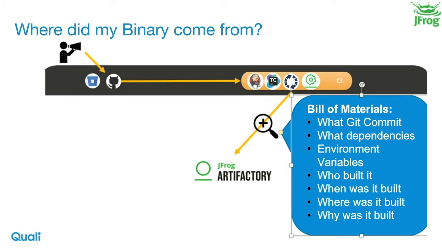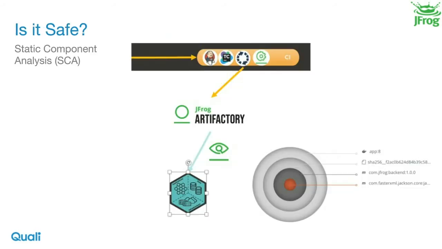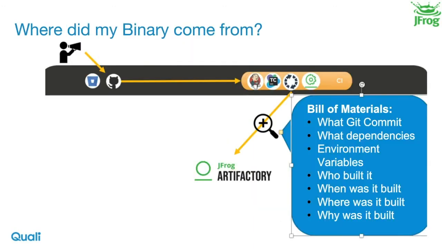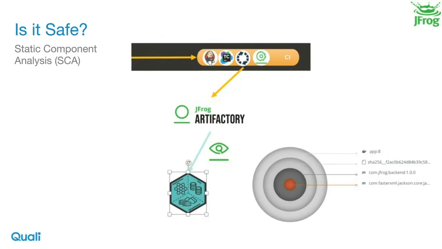And then additionally, when you have a source of truth like that, you also get to ask another question, which is: is it safe? When you do the component analysis of the binary, right? So every binary that you're sharing, and binaries could be Docker containers, they could be jar files, they could be Python eggs, whatever it is, you want to look at that and find out,